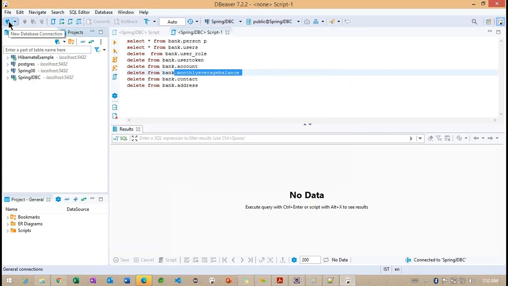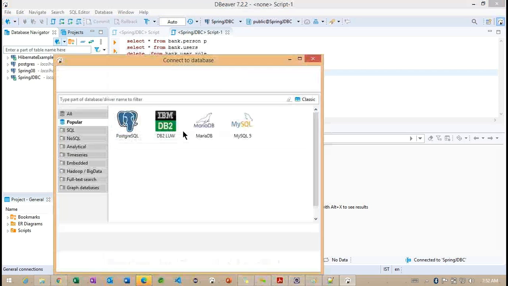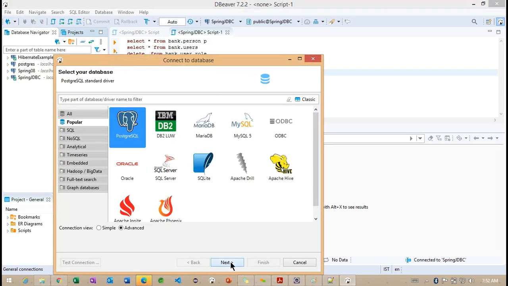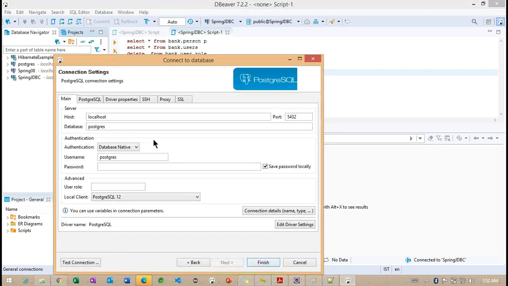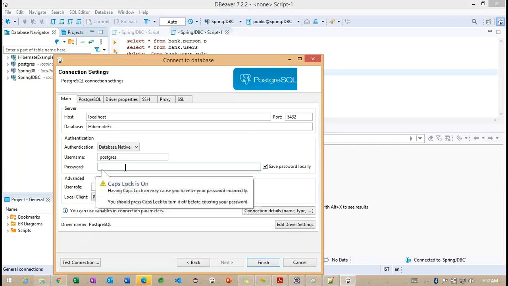Right, now we can understand how we can create one more database here in this particular Postgres. So localhost we are creating here, and the database I want to provide is HibernateEX. Username Postgres.